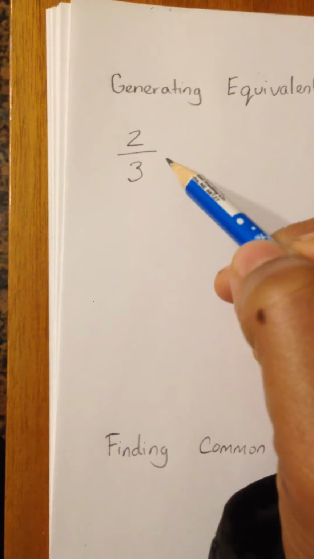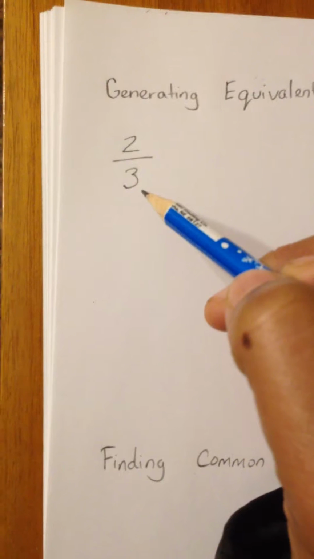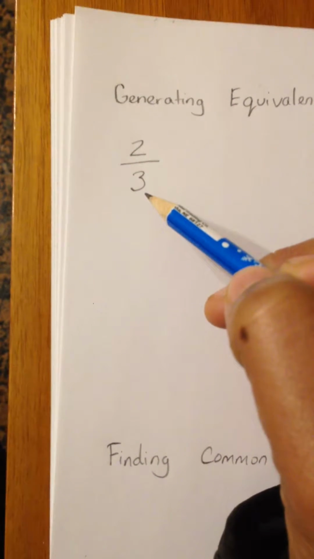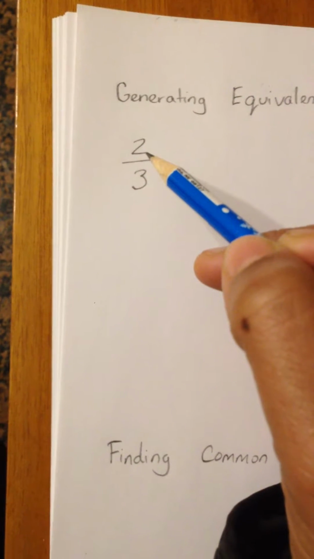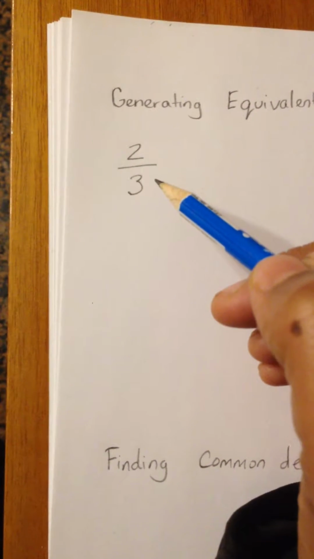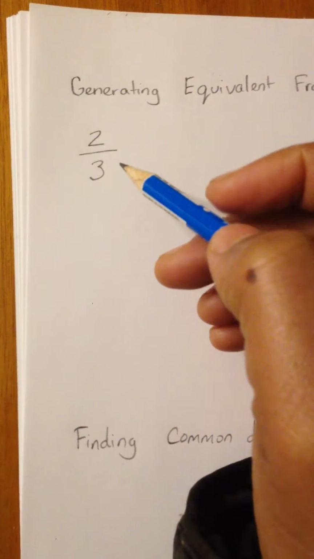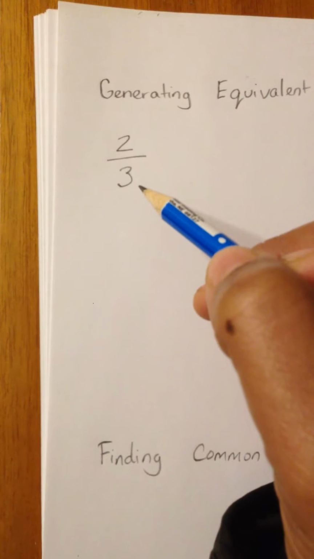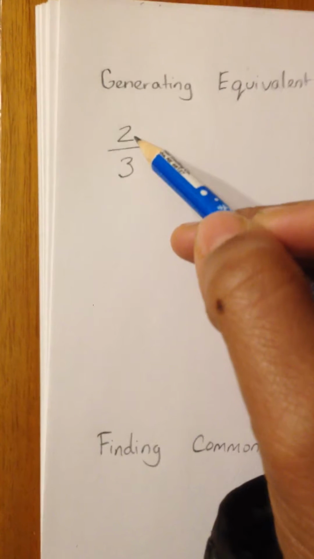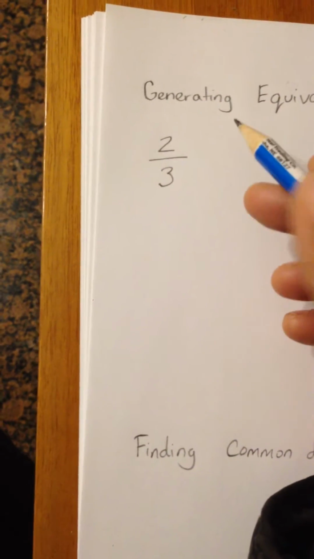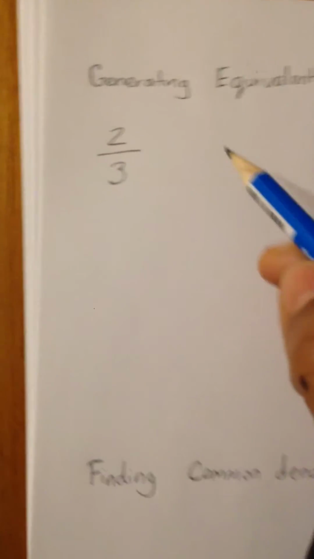In order to generate equivalent fractions, you have to know that in a fraction, we call this a denominator, what's on the bottom, and we call this a numerator, what's on top. And when we generate equivalent fractions, the rule is that whatever we multiply the bottom by, we must also multiply the top by. So let's say that I have a candy bar